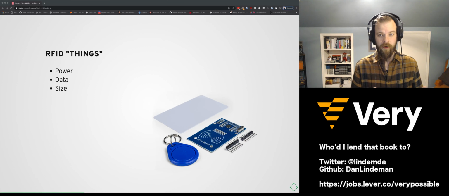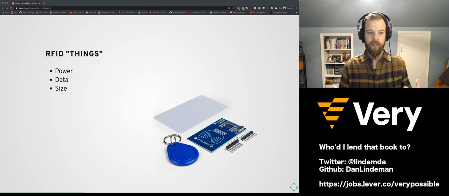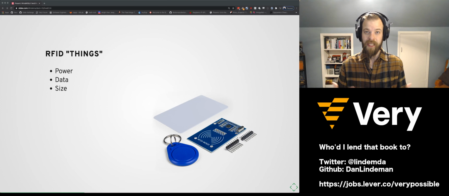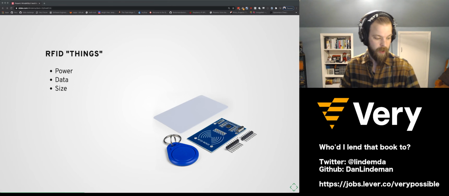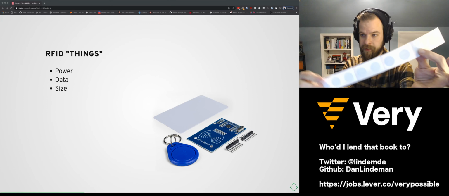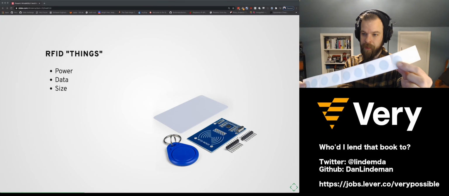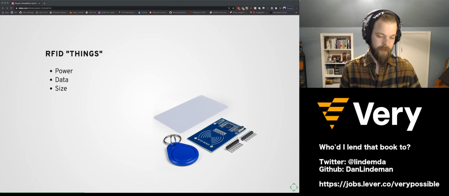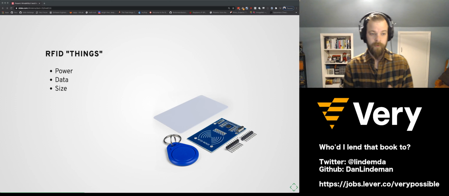The main reason RFID is a useful technology is because of how long passive tags last, which is forever. The power all comes from the reader, right? There is no power in any of these little tags that I bought. They don't have a battery in them anywhere. They're just powered by the radio waves coming from the reader.